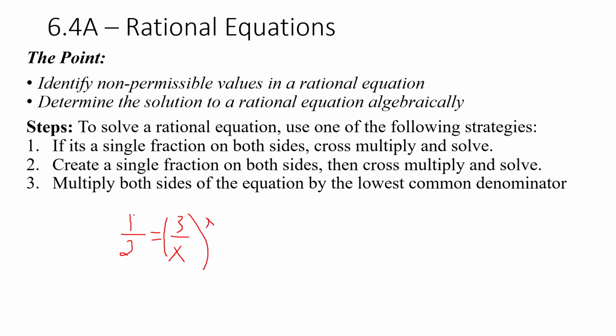So if I multiply both sides by x here, that would cancel out that x off the right side, but better than that, it brings it out of the denominator, and our new equation would be x over 2 equals 3. So if we have variables on both sides, we're going to cross multiply both of them up to either side,